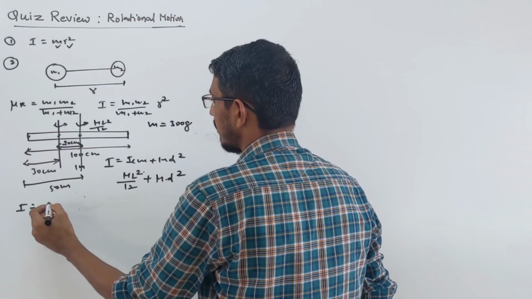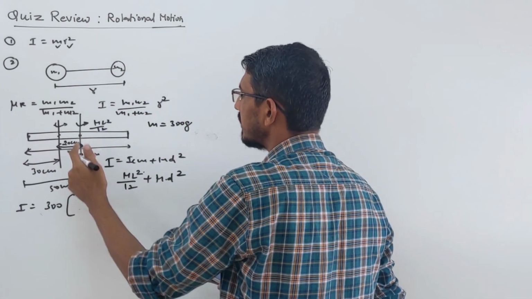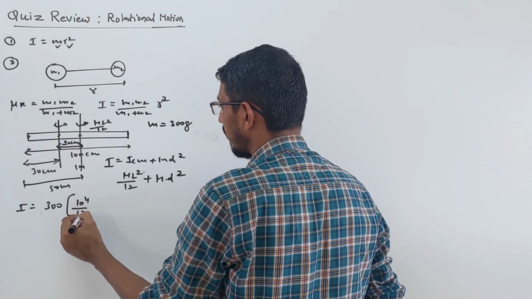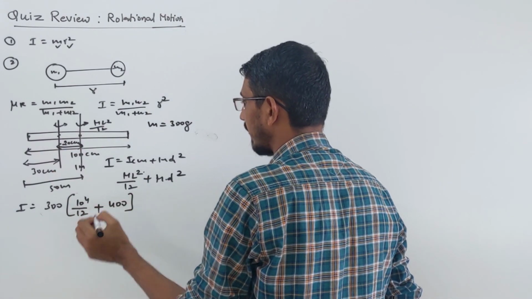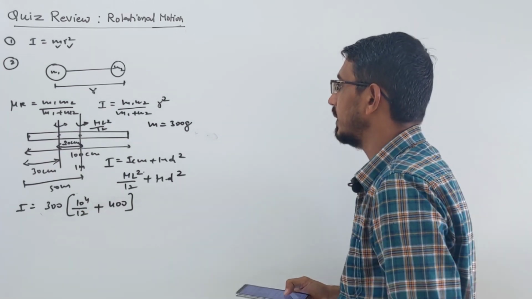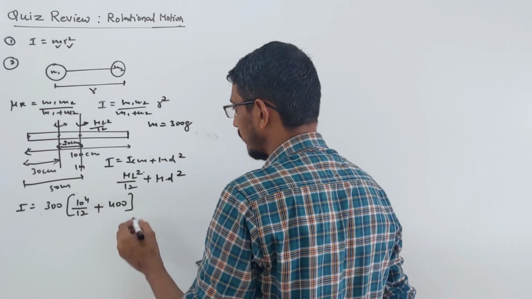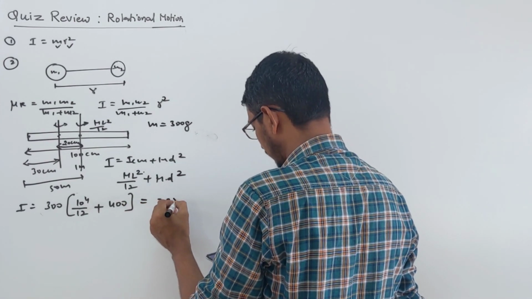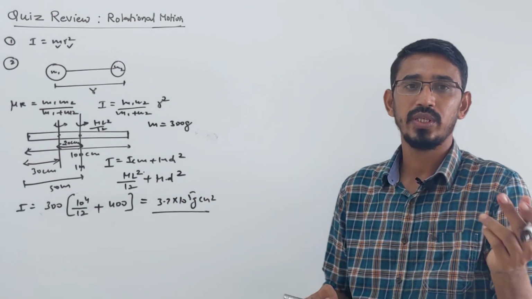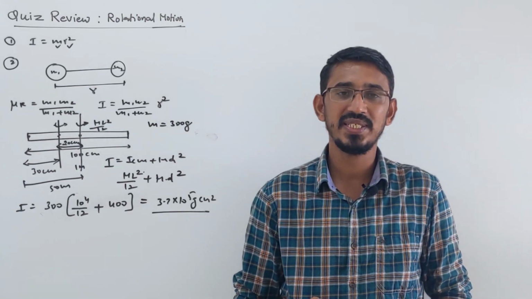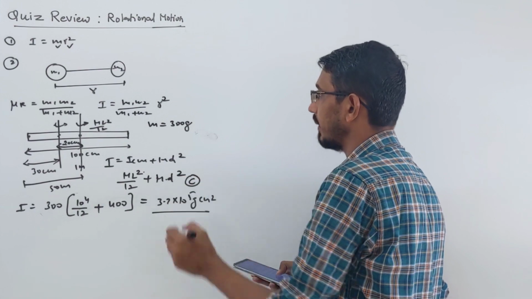So look here, mass is given 300 gram, I took it outside, directly you have to put gram only. Length is 100 centimeters, so it becomes 10 power 4 by 12, okay. That's mass I took, and these were 20 means to become what, 400, right. Same number only we using because they are not converting the units, okay. Let's see how much this comes. So this answer will come, now I am writing answer 3.7 into 10 power 5 gram centimeter square, that answer will come, okay. We don't need to convert unit because in options they gave CGS system only, gram and centimeter, okay. This is the answer which is given in your third option of this question, okay.